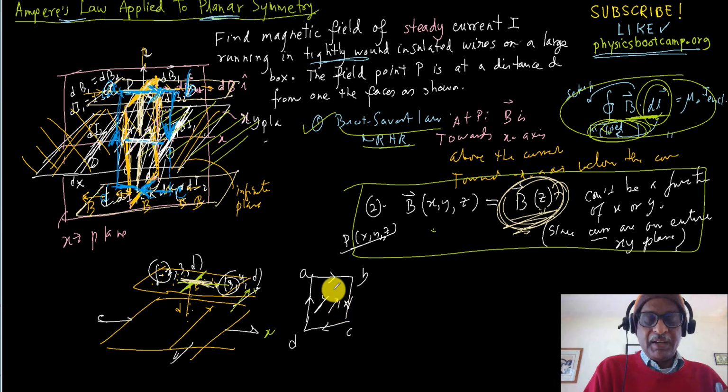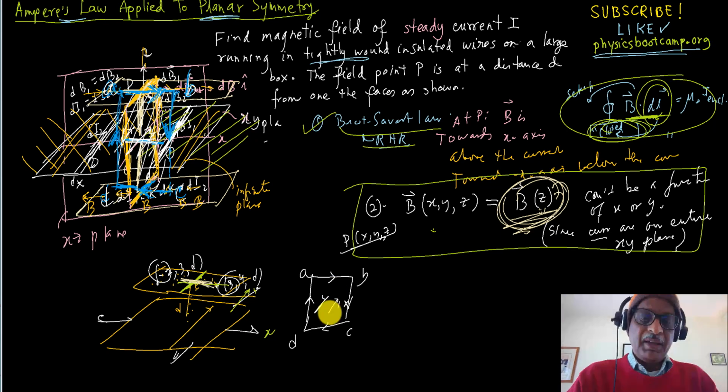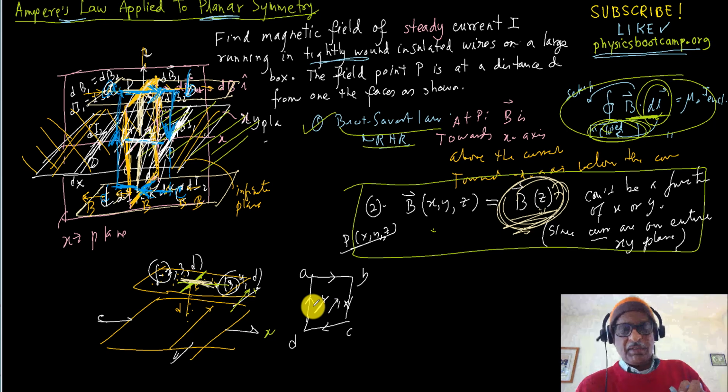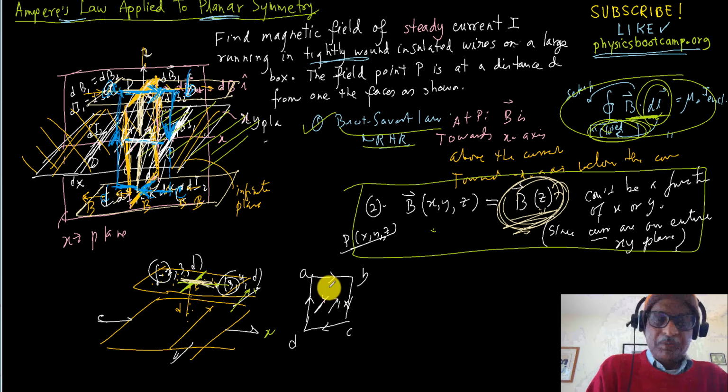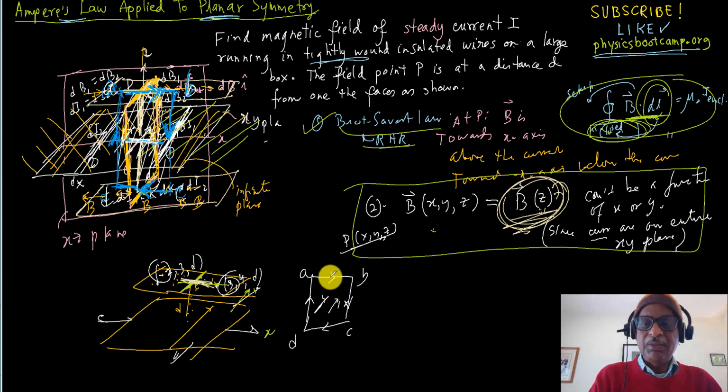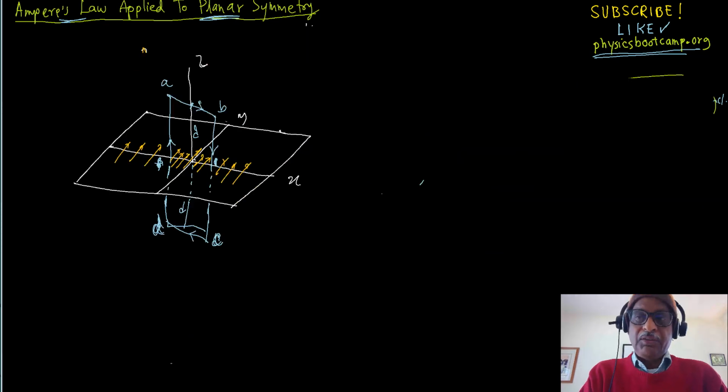if I take a right hand rule, then if the loop is... okay. Let me erase some of this because I am running out of space here. Okay, so